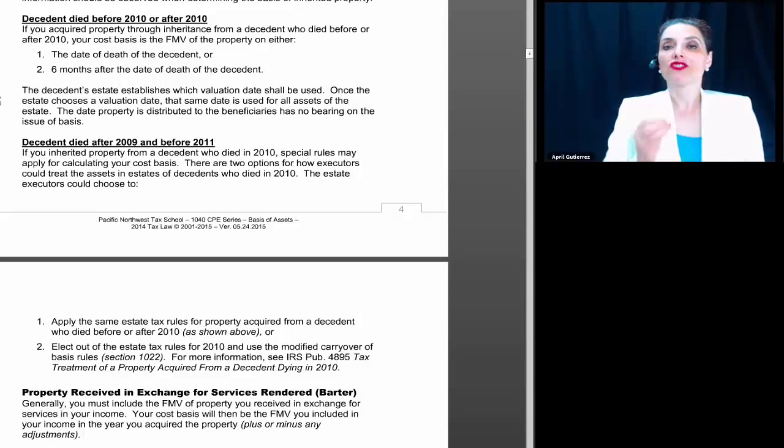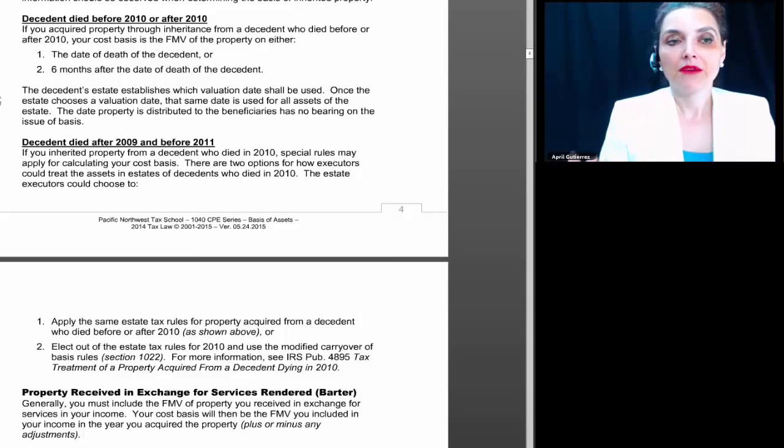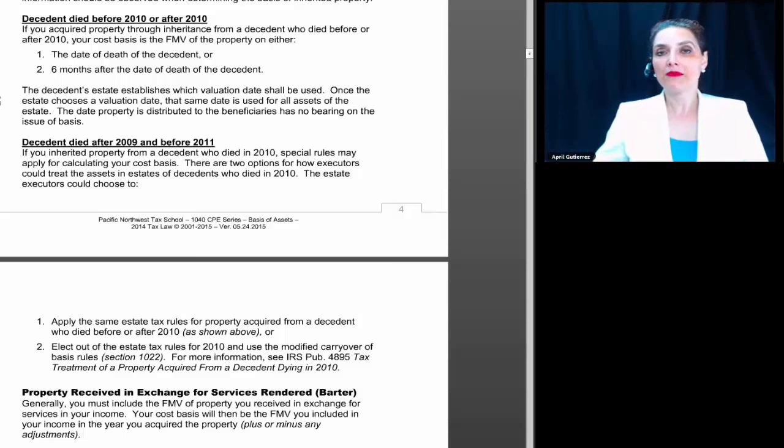So if Mr. Jones died on June 30th of, let's say, 2013, but the beneficiaries don't receive property distributions from that estate until 2015, you're going to go to the June 30, 2013 date of death for valuation purposes. And what date those beneficiaries finally get their property distributed to them in 2015 is not relevant for a basis